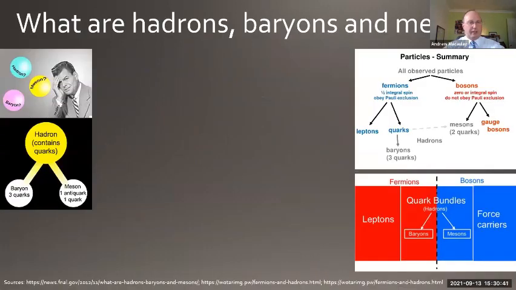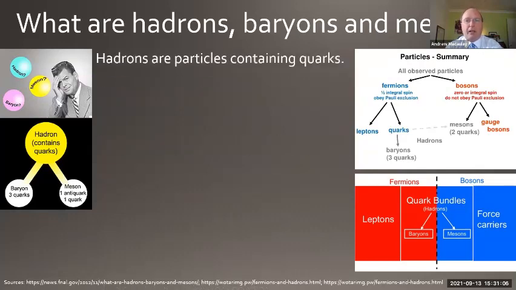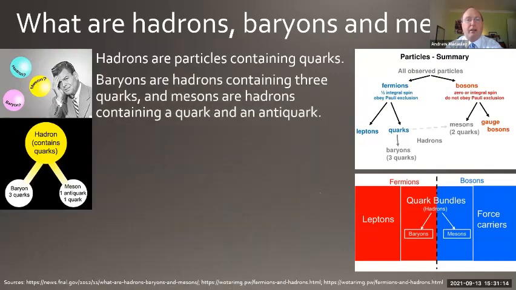Well, I hope you're not getting a headache like this man. What are hadrons, baryons, and mesons? I've mentioned them as we've gone through the description. And there are 3 more diagrams. Any one of them is useful. It's just different ways of trying to explain the same thing. So we're trying to summarize the fundamental particles, and in doing so, we're categorizing them. Hadrons are particles containing quarks. Baryons are hadrons containing 3 quarks, and mesons are hadrons containing a quark and an antiquark.